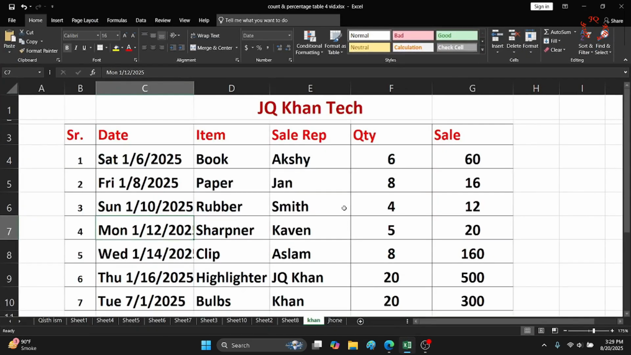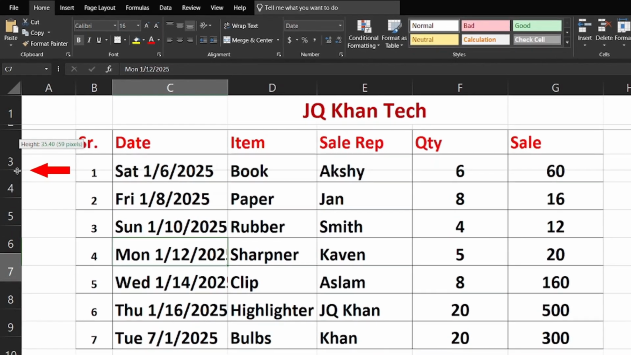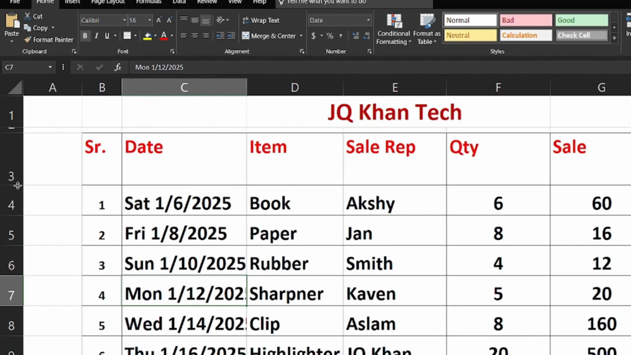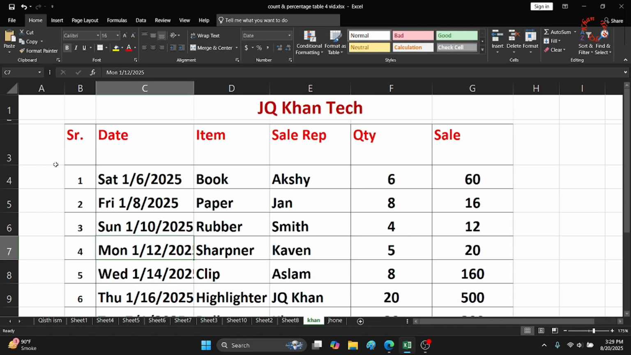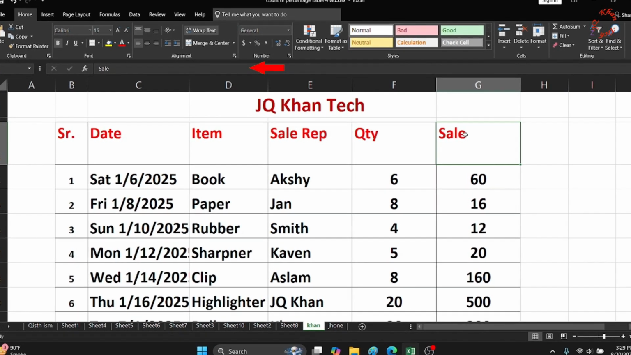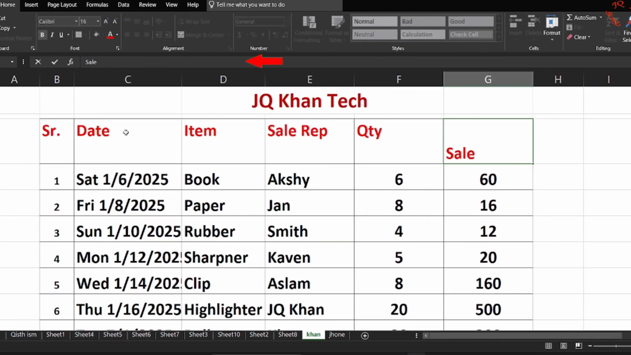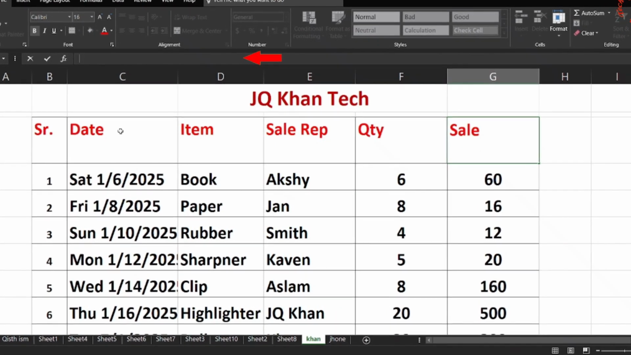Hello viewers, let's turn the top heading of the Excel table into double box with double words separated by beautiful tilted line. So first of all, select the top row and drag it down to make the space almost nearly double. And now click in the cell, go to formula bar, click inside and press Alt Enter to reach